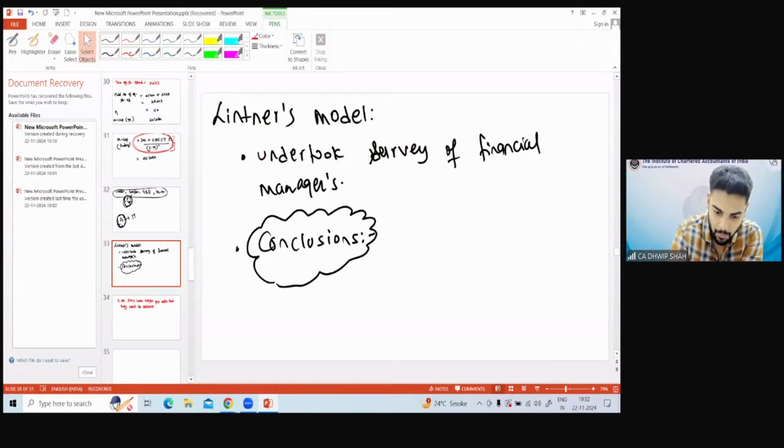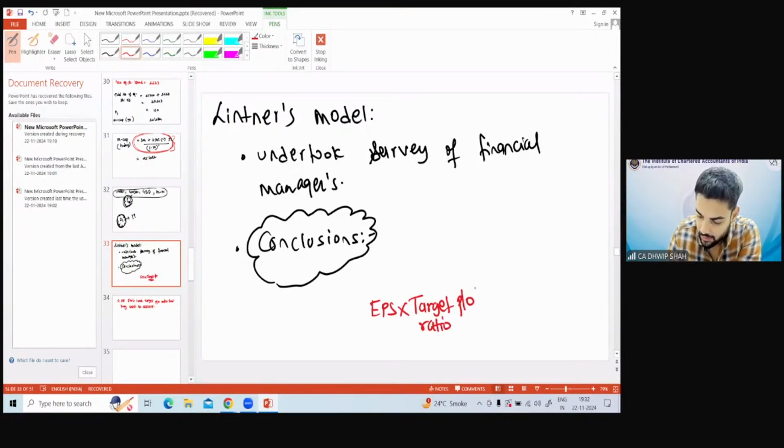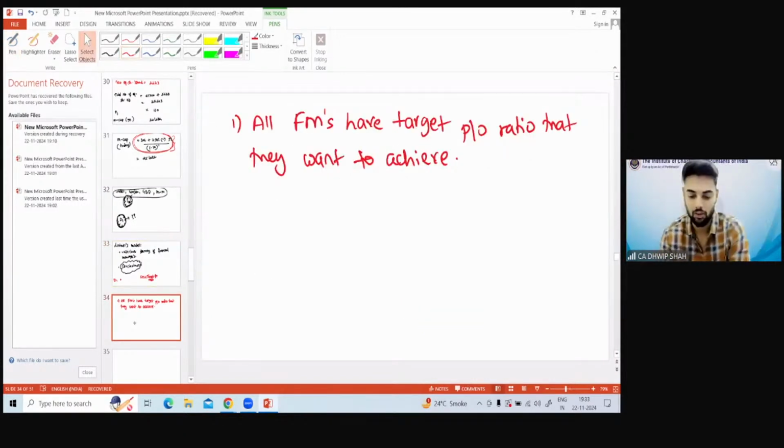Understood point number one? So target payout ratio is nothing but it is on earnings. Yes or no? From earnings, we will pay out the dividend. Are you getting this? Point number one, understood? So every manager had a predetermined target payout ratio that they want to achieve every year. Okay? Can I move to the next conclusion? Next conclusion was